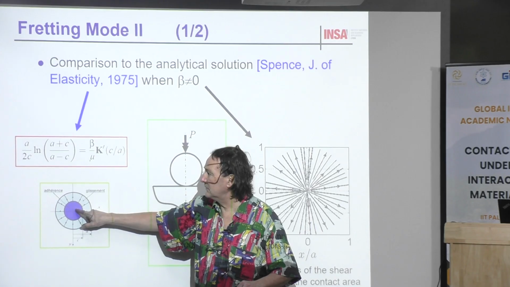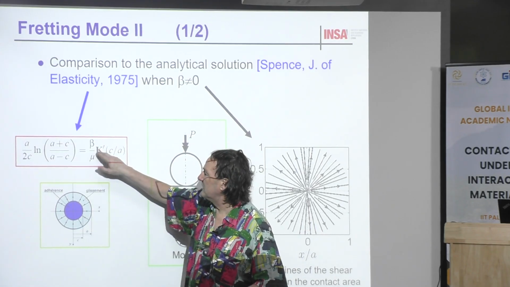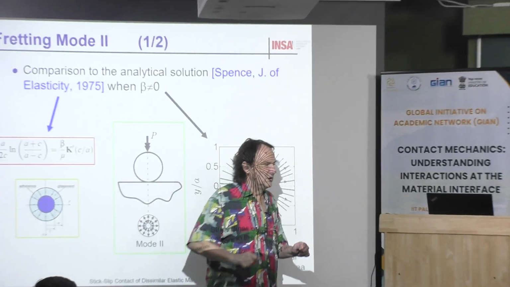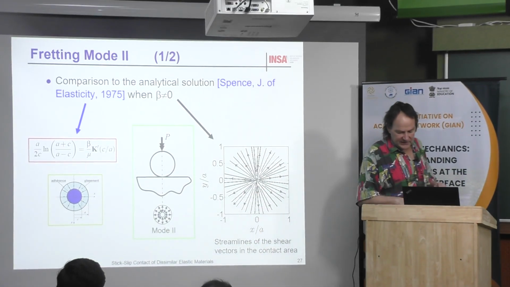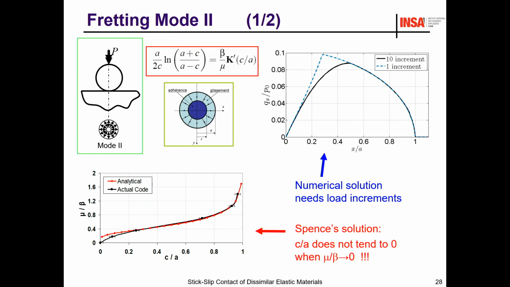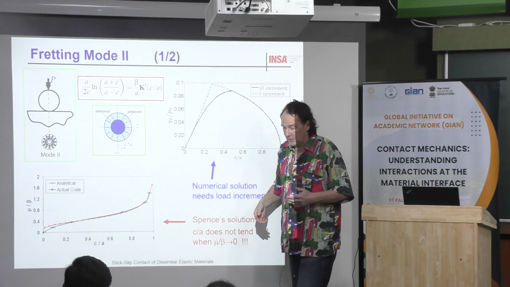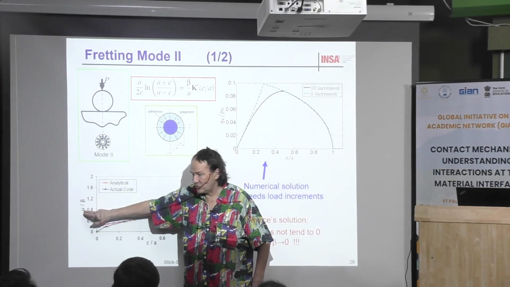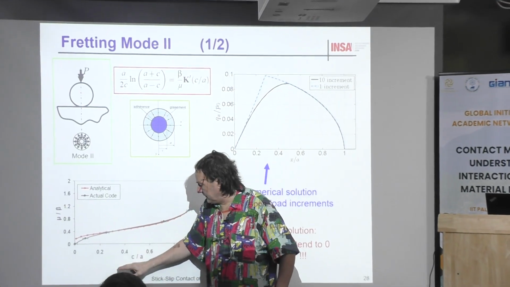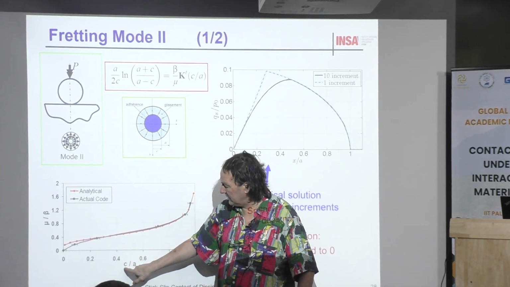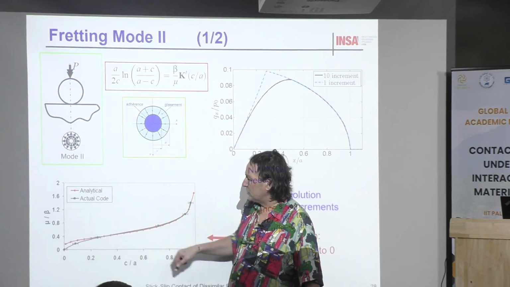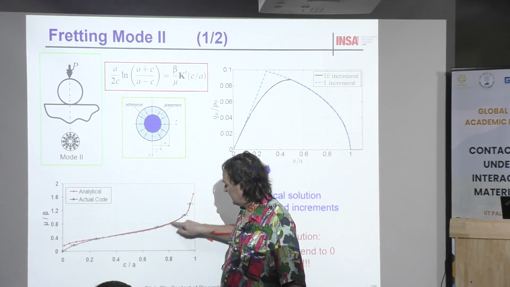This is that. Okay. And then there is an equation with k dash, which is a function of that, and which also depends on the load. And maybe on the next slide there is more detail. Okay. You can plot that in a different way. Beta is the Dundurs constant. Here is the friction coefficient. Here is a sticking radius. Here is a contact radius. Okay. Then the Spence solution is something like that.